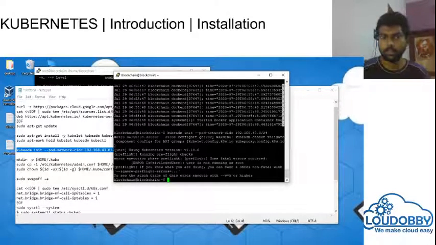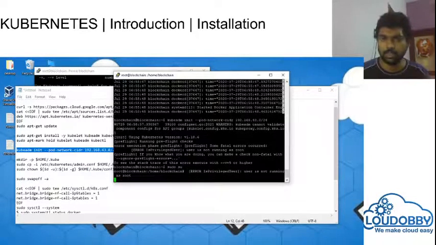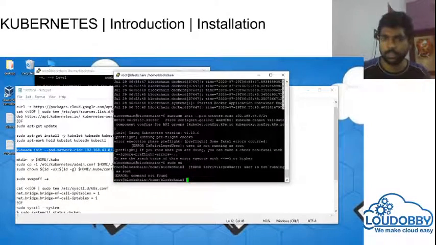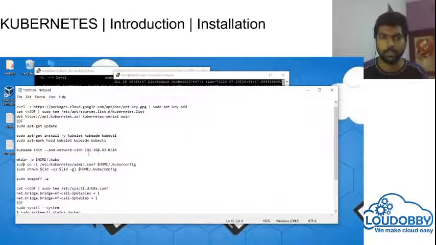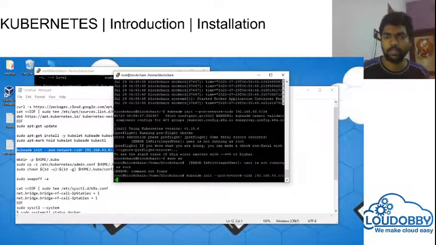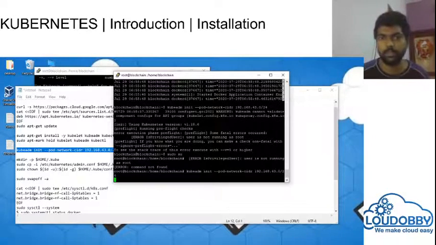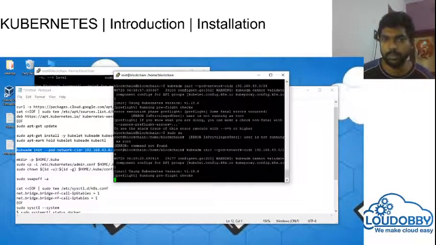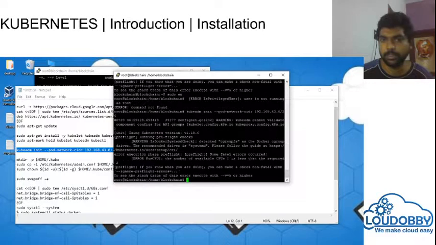So I will try to run as root with sudo su. I will just copy the command. Now it is checking the pre-check.